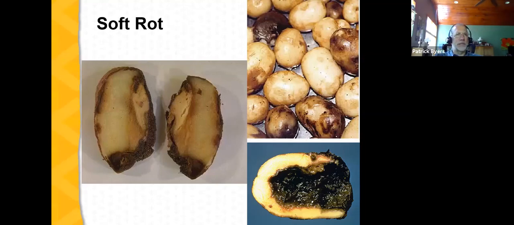Part of diagnostics is not just looking at things with your eyes, but using the rest of your senses as well. And frequently a sniff of the infected part of something like this tomato will reveal a foul smell, and typically the worse it smells, the more likely it is to be caused by bacteria.